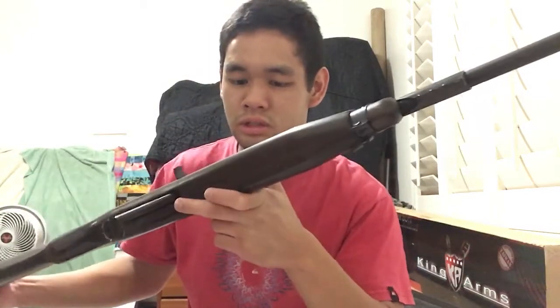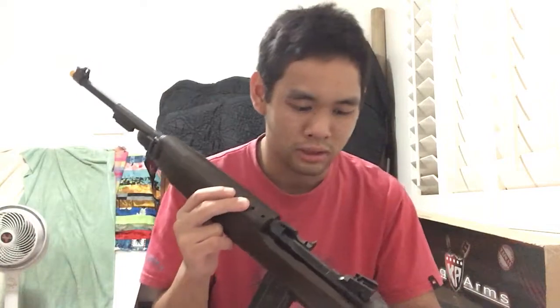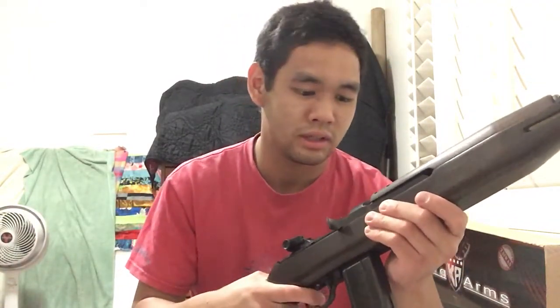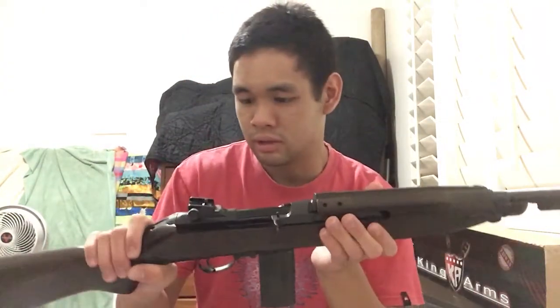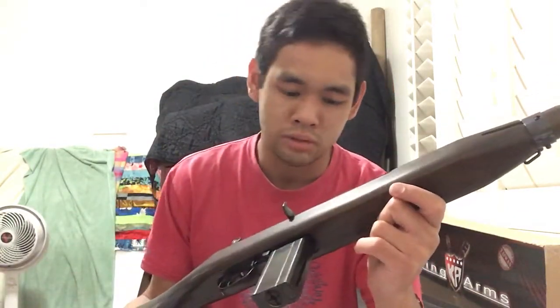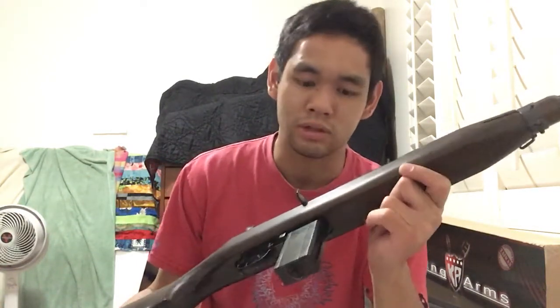And I've actually just sold this gun to a Marine reenactor. His name is Matt. So he's going to pay for the gun and trade some items, and this will be shipped off to him. But I decided to let this go. It was a tough decision, but I've enjoyed it and loved it. Appreciated it for what it is, and am thinking about going to a replica M1 carbine, because I was intending to use this as a display gun or for an impression piece, and I think that the replica M1 carbine that I'm looking at is going to do a far better job as far as realism, because it has the